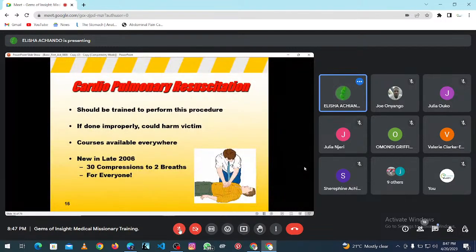Let's move a step higher. Now in C, that is the cardiovascular system, the circulatory system. You check the pulse, and these people are not producing the pulse. Basically, the blood itself is not flowing, and so there's something called cardiopulmonary resuscitation, CPR. Basically, this aims at aiding the flow of blood to the brain. And I want to show you a video.